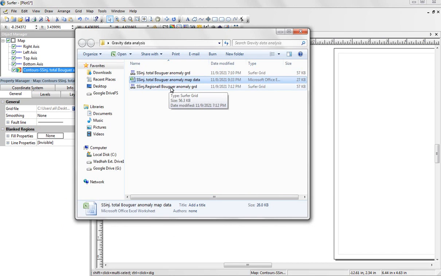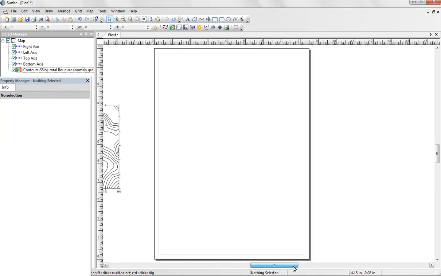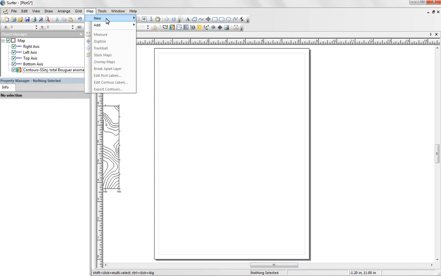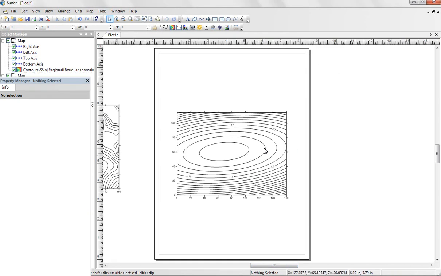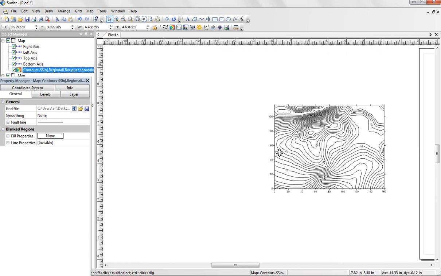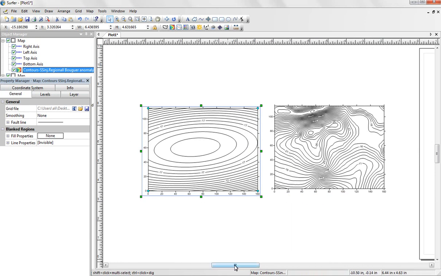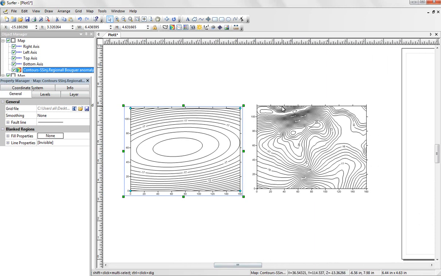Now we need to plot the regional field, so we go to Map, new contour map, choose the regional Bouguer and open, and then the regional field has been created and plotted in the plotting canvas. So we can compare, and also we can make some profiles, and the